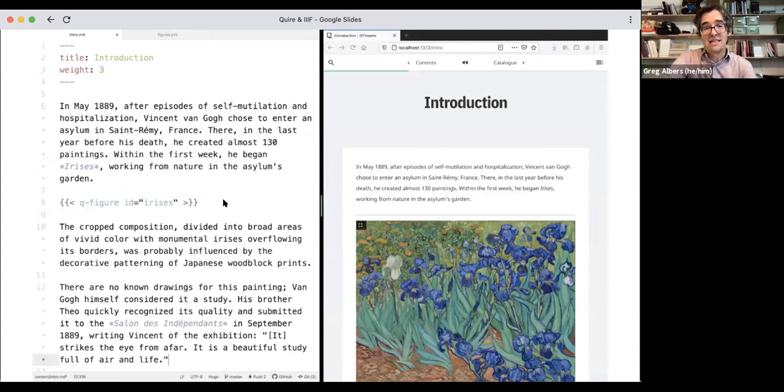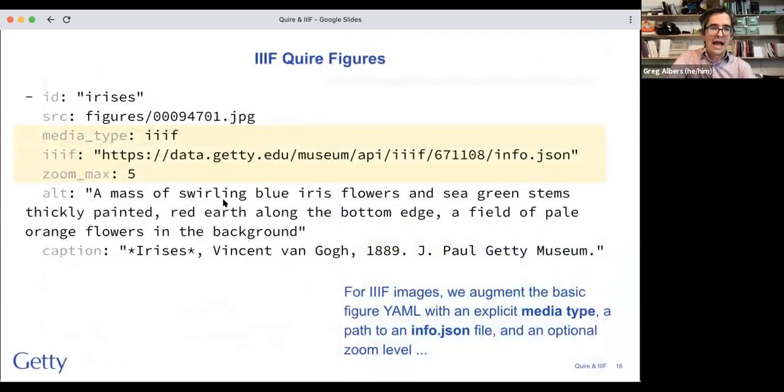It references that ID to the YAML, and then as it renders the site, it will insert that image based on the source file, and the alt text and the caption will also be included in that text. Pretty simple. So for IIIF, we just augmented that same workflow by adding into the